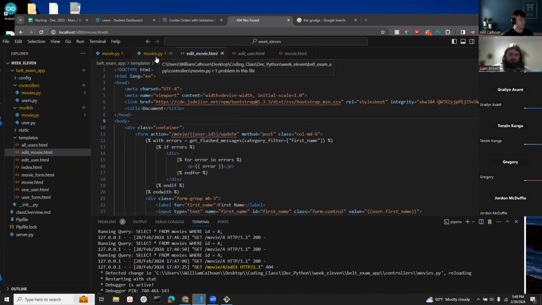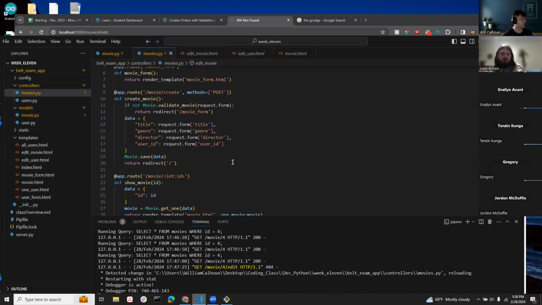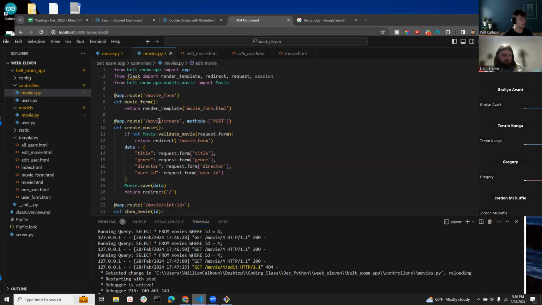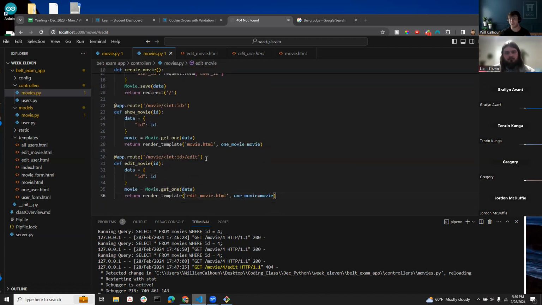Just kind of pausing real fast. We've talked about it before, but I kind of want to reiterate. When we are building on our route, so let's say our base route is, we have movie/create, movie/ID, movie/ID/edit, movie/ID/update, movie/ID/delete. That's what we call RESTful routing, or RESTful API is what you'll hear it as. There's lots of APIs out there. If you remember back when you guys dealt with like the Luke Skywalker API, or if you've ever used any sort of Pokemon API or anything like that, by building on that, you're keeping